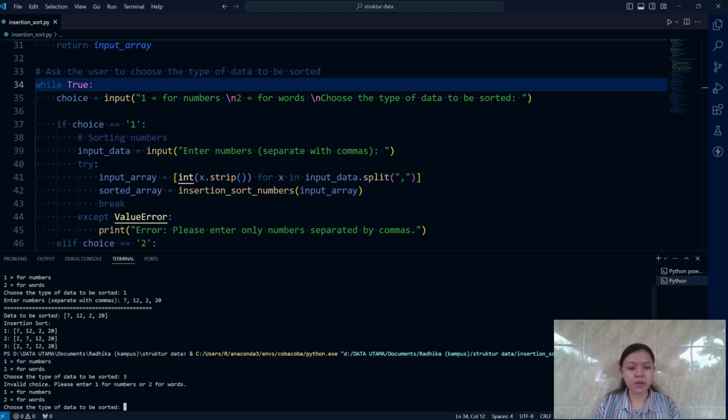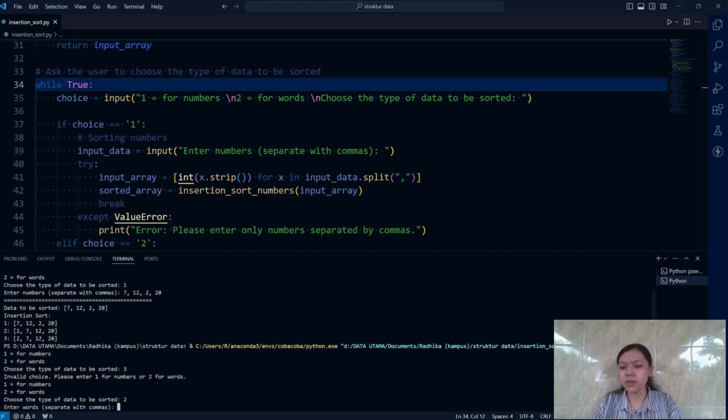Now I will choose number 2 for words. Enter words. But if I input numbers, for this sample, I will type numbers.